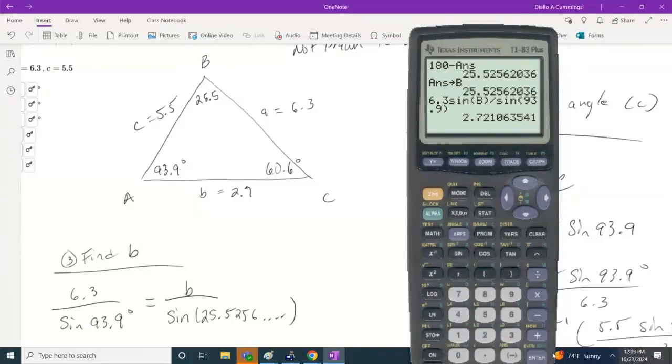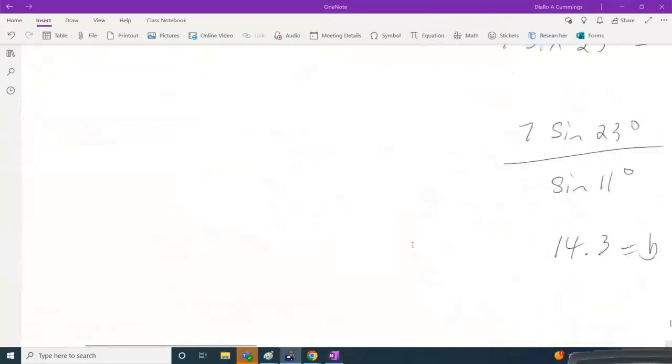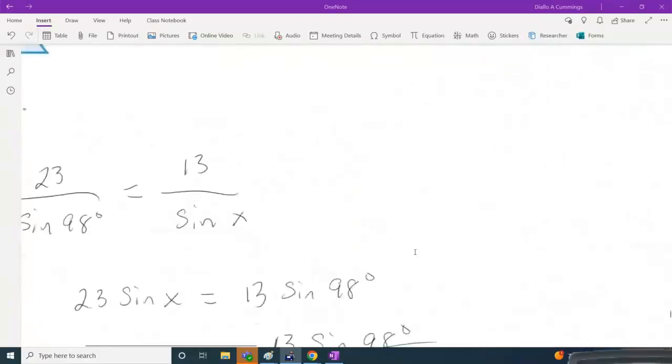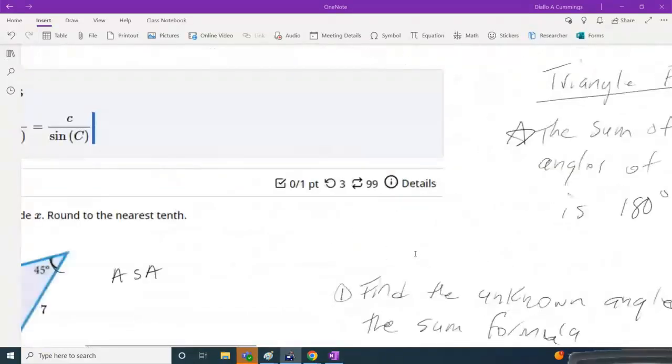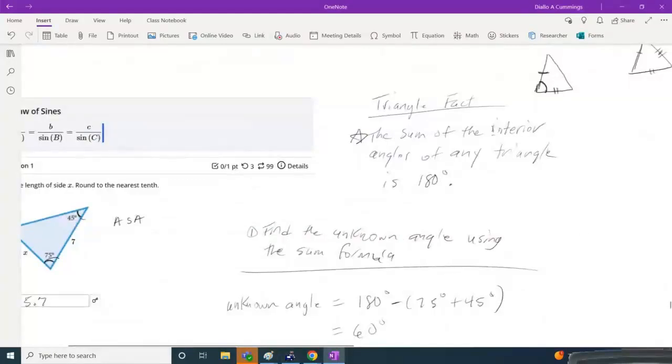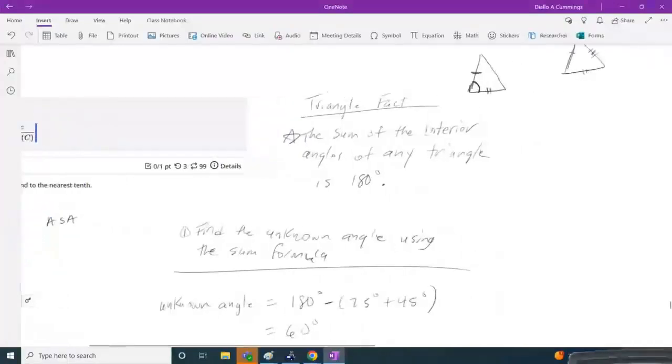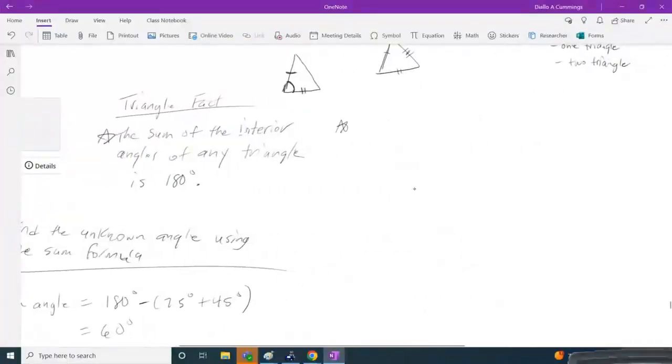All right, now there's one more fact, just one more thing to go over about triangles. This is one of the facts: the sum of the interior angles of any triangle is 180. Here's another triangle fact. The largest angle is opposite the largest side length,